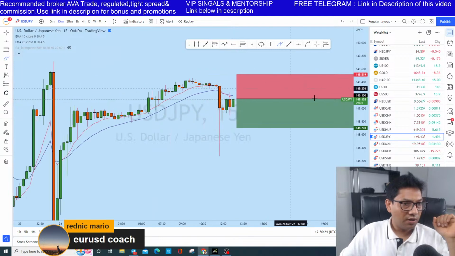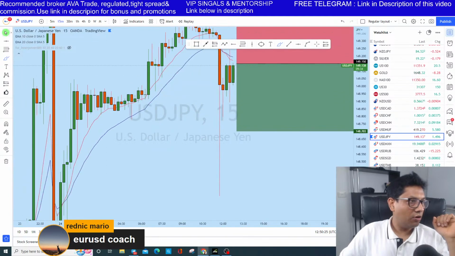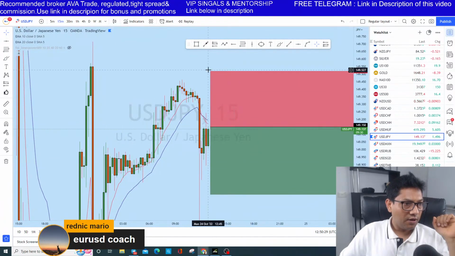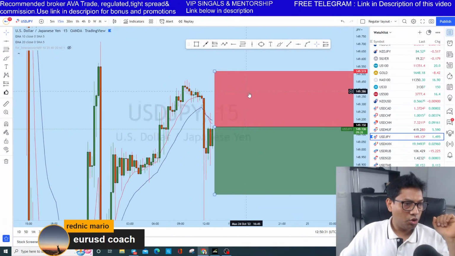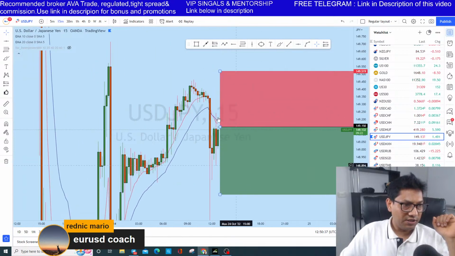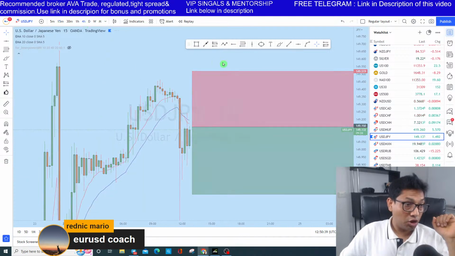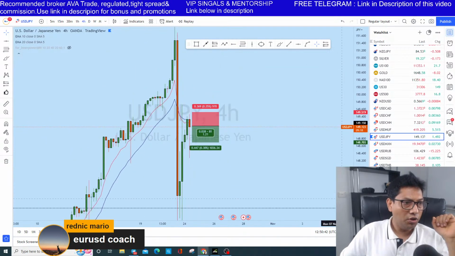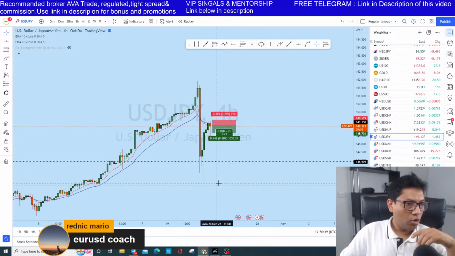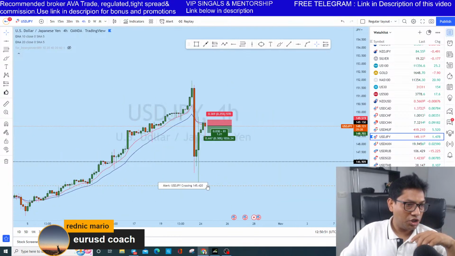Let's look at the 15 minute chart again on dollar yen to see what it is doing. I think we should see some movement to the downside on dollar yen. The way the price action has formed, to me there is still a probability of a drop for the short term. Okay, long term bullish, but short term you see this middleman on the 4-hour, this manipulation candle, that could be a candle for potential